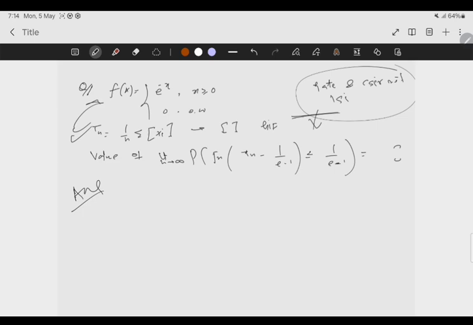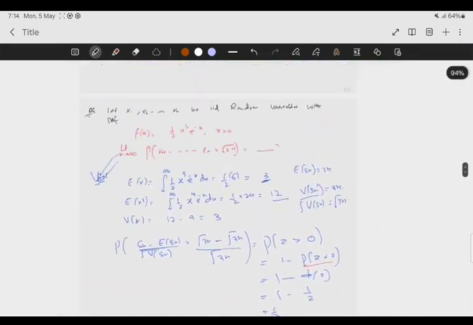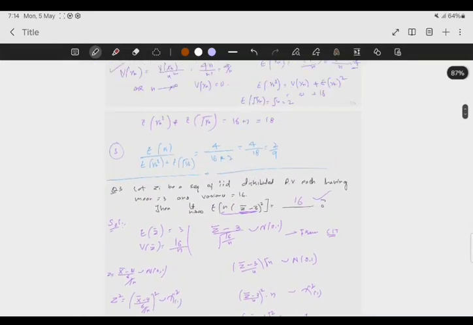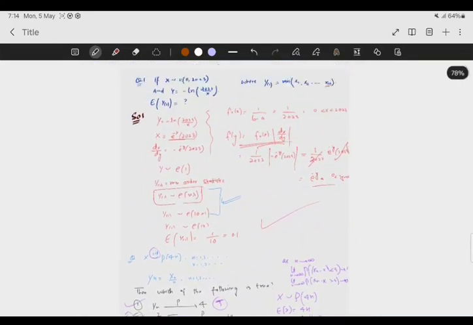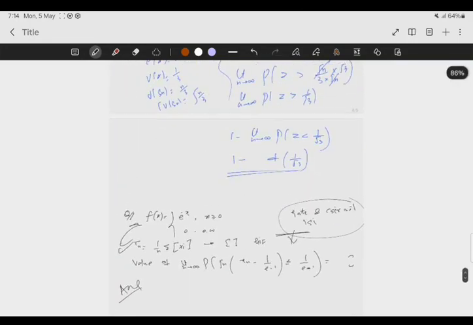ठीक है, बाकी आई डोंट नो कितने क्वेश्चन हो गए, 2 3 4 5 6 7 8 9 क्वेश्चन. एक कहाँ छूट गया. ठीक है, आप कर लेना ये क्वेश्चन।